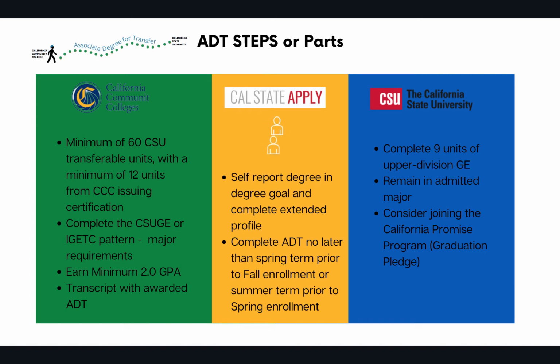It'll normally have an issue date that you completed the ADT, and it'll indicate an AAT or AST completed, and it'll reflect on the transcript. But always make sure that it is reflected there, or else you may need to come back to the community college and let them know that you applied and that it was awarded, however your transcript is not reflecting it, and they will be able to help you out. Now, that is the community college process.